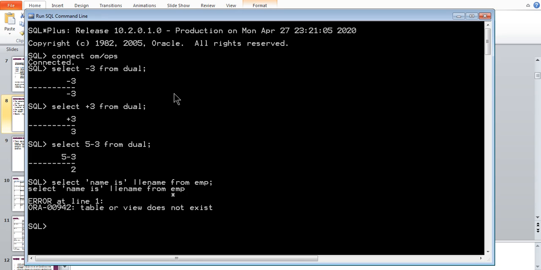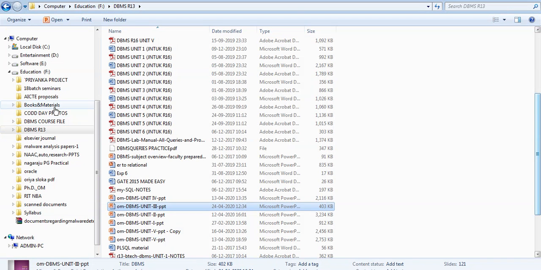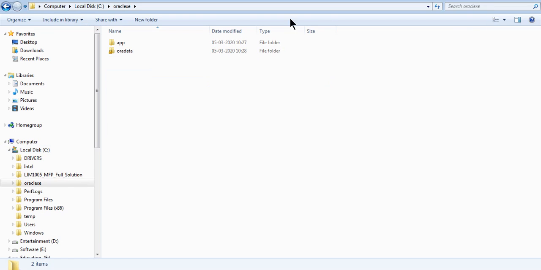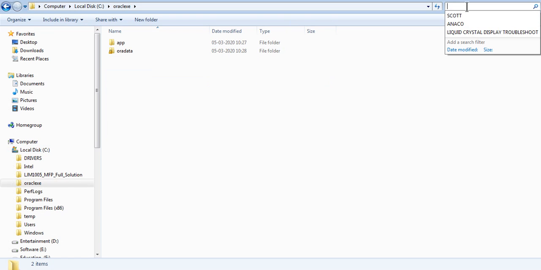So emp does not exist in this user, so simply you can copy that. I've shown you in the previous video how to copy that default table emp from Scott.